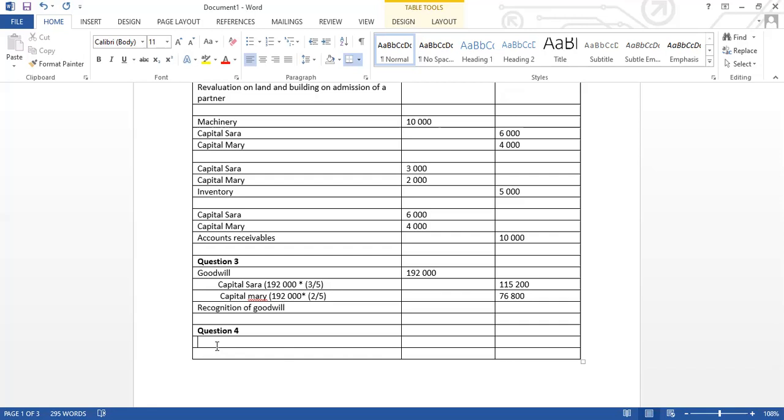So we need to do a journal entry to show his contribution, or to journalize the capital that he contributed. Obviously, in this case, if the business is receiving, our bank has to increase, right? And then we credit his capital account. So we'll have bank